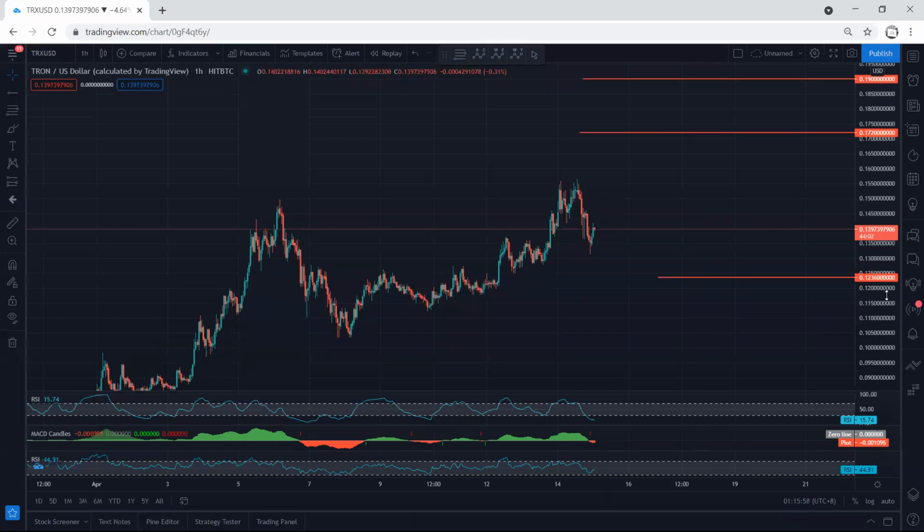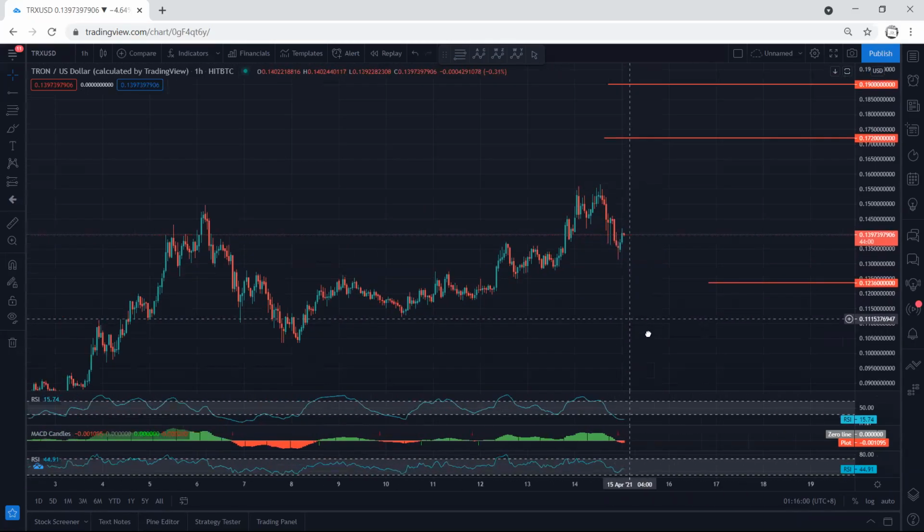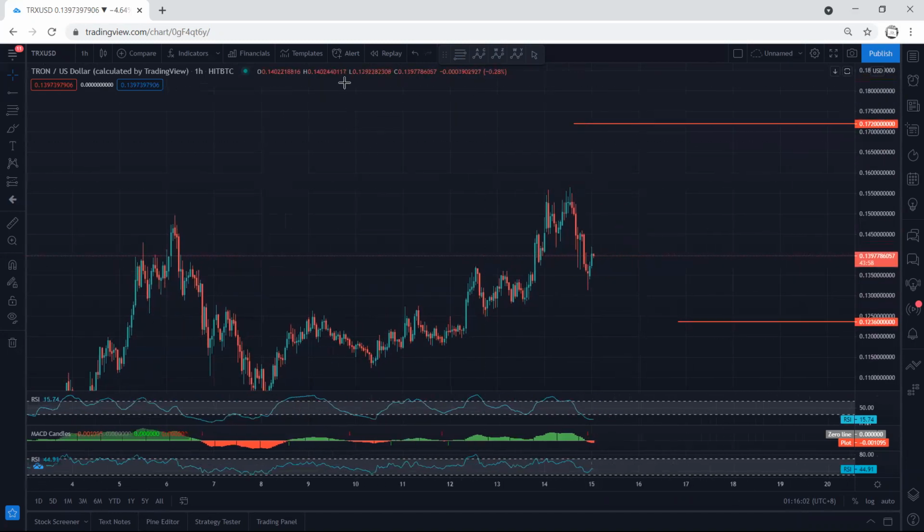TRX, we start with 1 hour chart. Okay, if you refer to our analysis in my last video when the price was exactly within this move, we mentioned we don't have any trade setup and we have to wait to get the correction before we look for trade, because we mentioned if we want to look for trade, let the price drop a bit more, at least retest